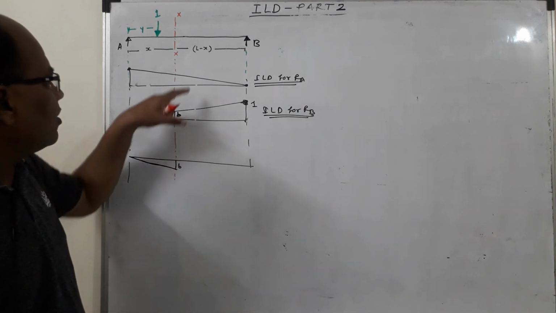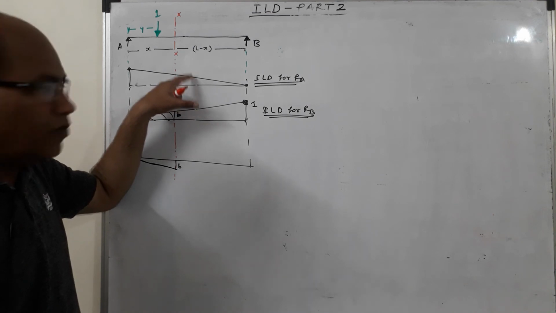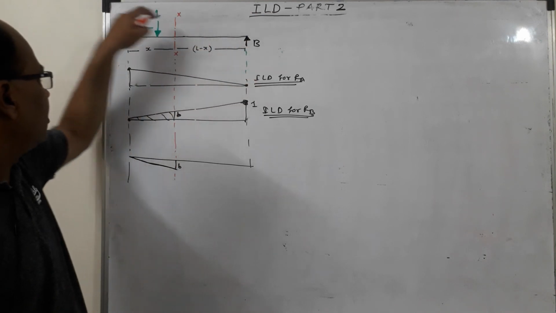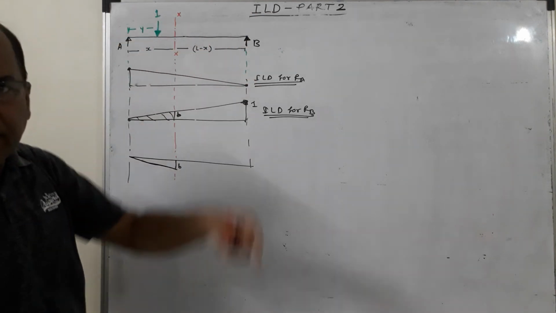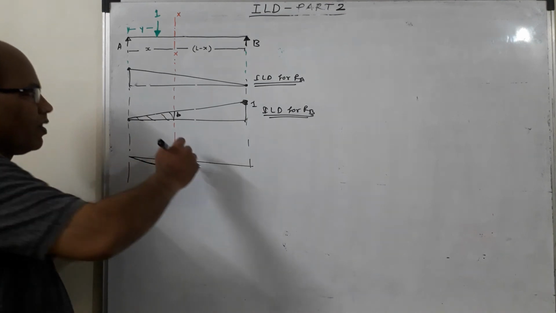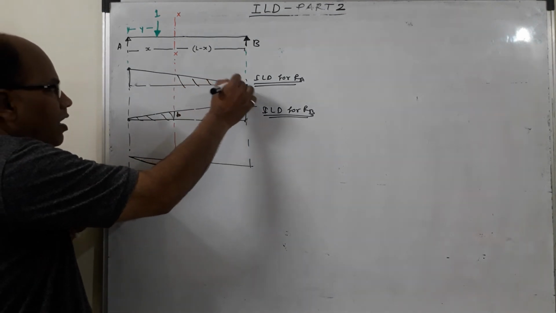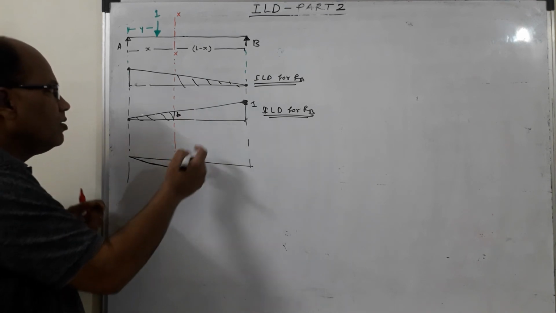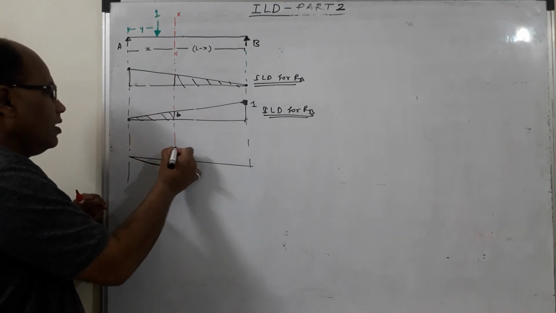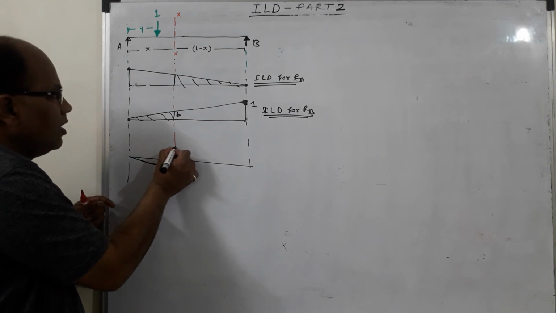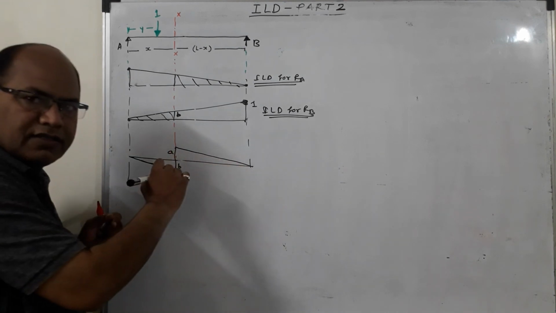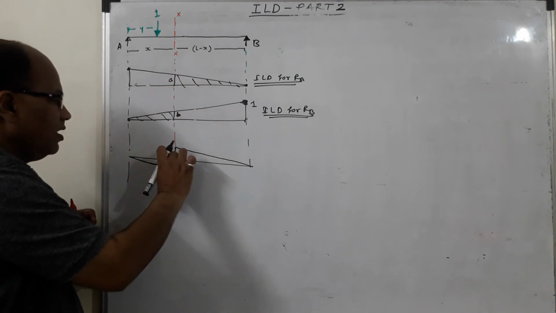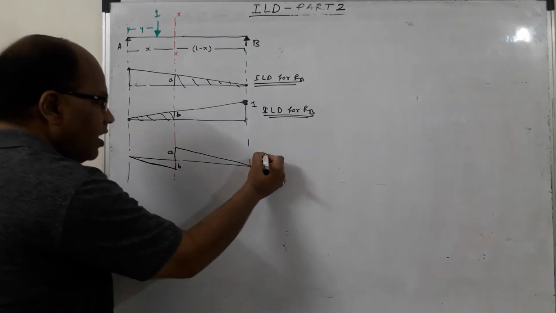Then go for the ILD for RA. Now we know that ILD for Vx for the right part will be governed by RA. That is what we have seen in the theory part, and that is why this part of ILD for RA should be plotted as it is. As it is means on the positive side. So this ordinate A should be shown over here and draw the ILD for RA as it is. So if it is A, it will appear over here. If it is B, it is going to reappear over here, and this is ILD for Vx.